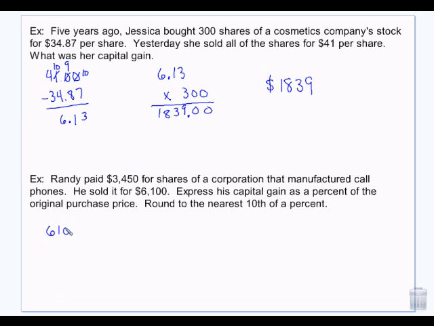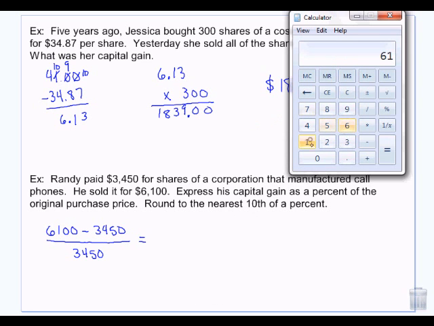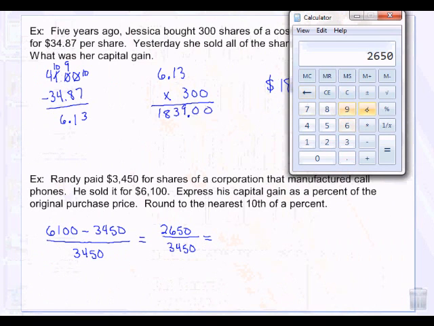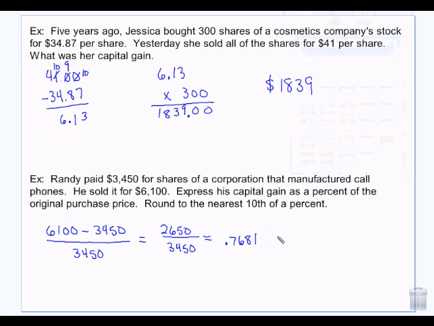So I'm going to take 6,100 minus 34.50, and I'm going to divide that by 34.50, and I'm going to cheat. So he's got a